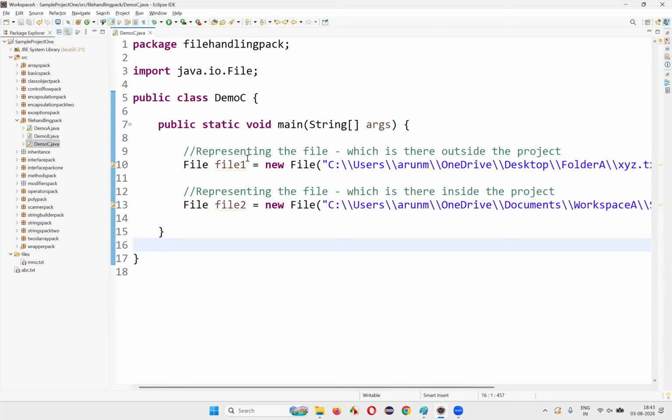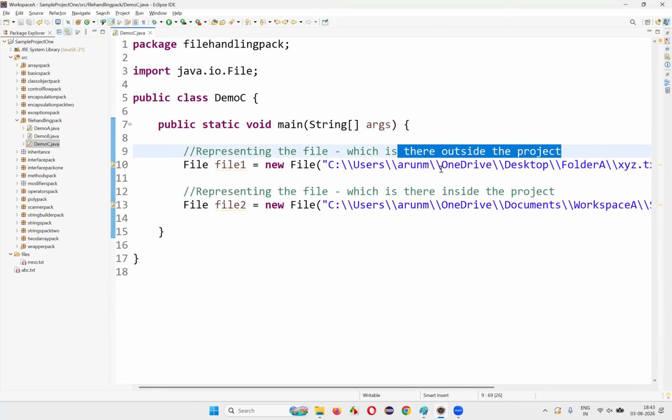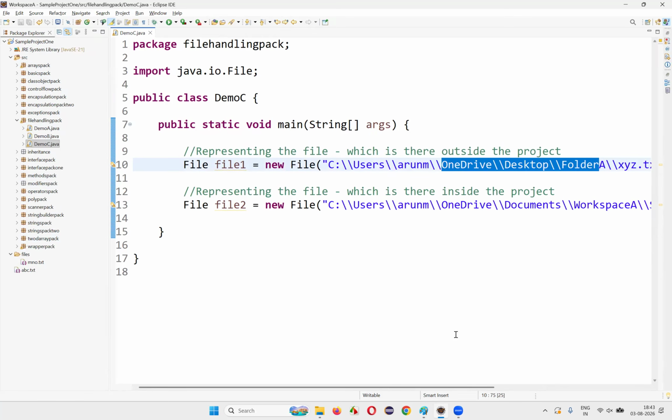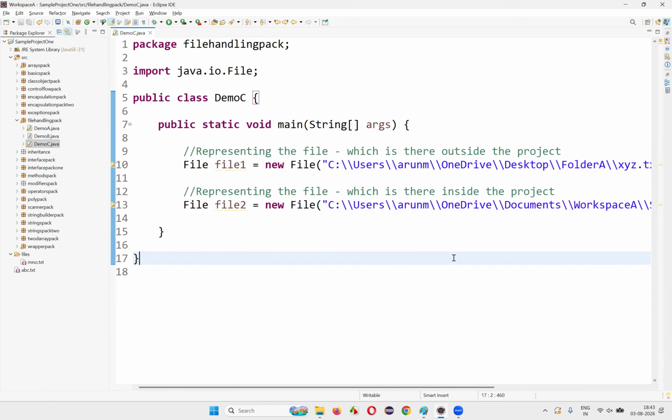If you represent a file in Java programming where the particular file is outside the project, not in your project but outside the project in your machine, and when you share this particular project with your colleague or friend or whoever it is, they'll only get this project. They'll not get this xyz.txt file,